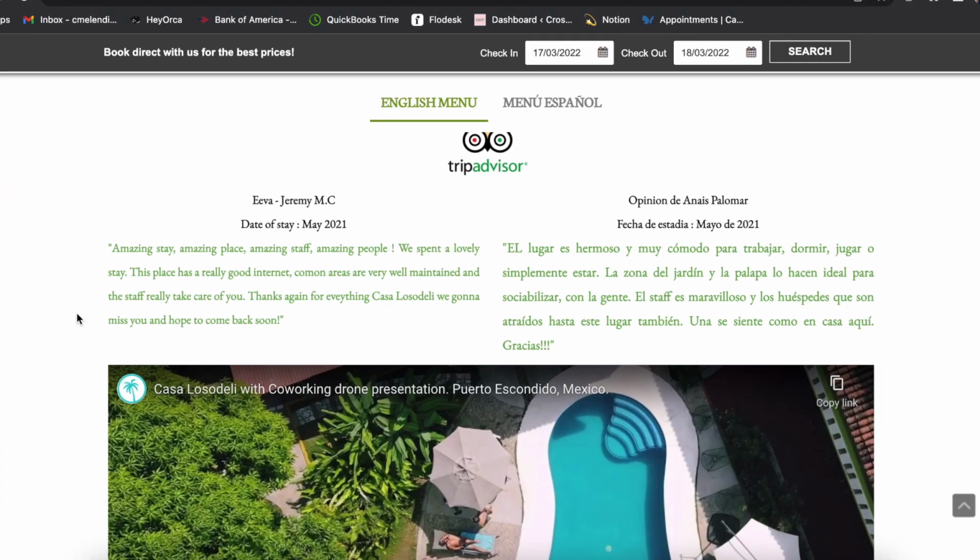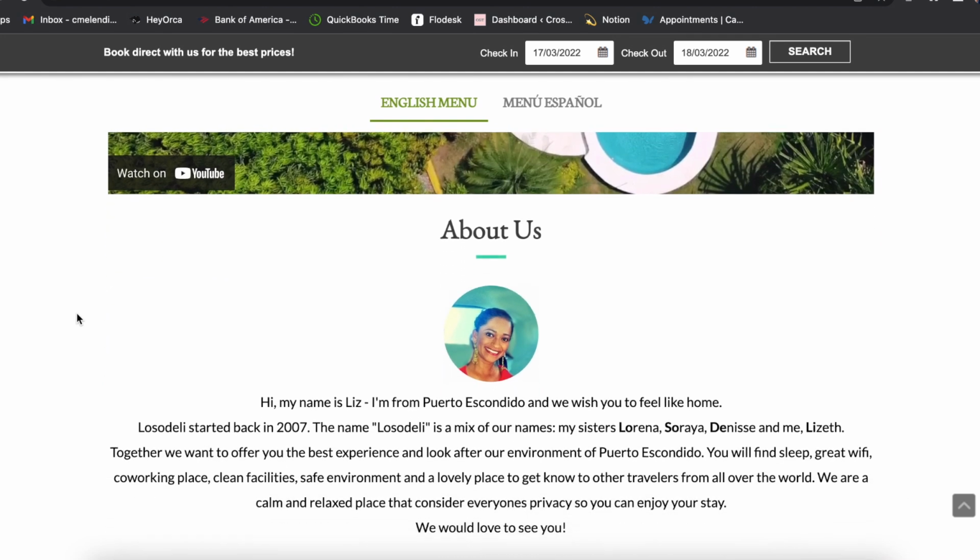Don't go through like Hostel World or Booking.com. Most of the time, if you book directly, you will get a cheaper price. So in this circumstance, actually, if you book through Los Odeli's website, you'll get your 7th night free, at least for the dorms. I'm not totally sure about the other rooms. But yeah,